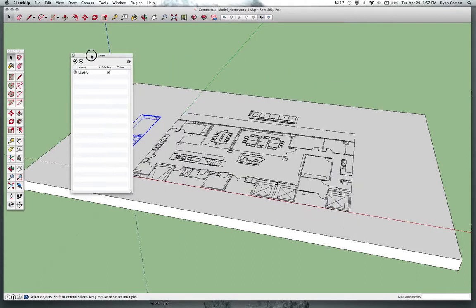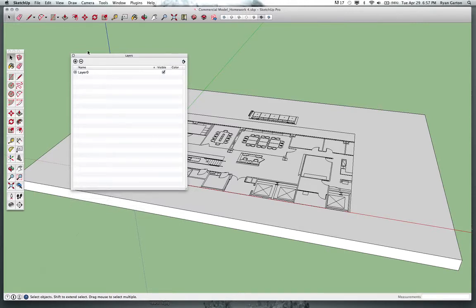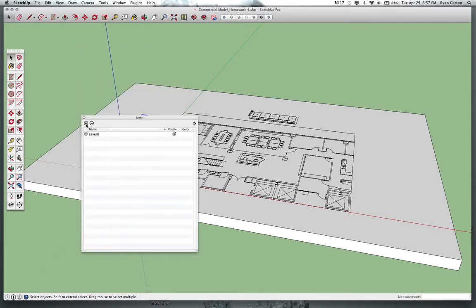And you can see here, it's going to look slightly different on the PC, but I believe the buttons are exactly the same. All I have right now is a layer 0. If I had brought this in from a CAD file that had a lot of layers in it, I probably would have brought all those layers in with me, but I've cleaned this up so that we're just looking at layer 0. To add a layer, you click on the plus symbol, and it's going to give you the option